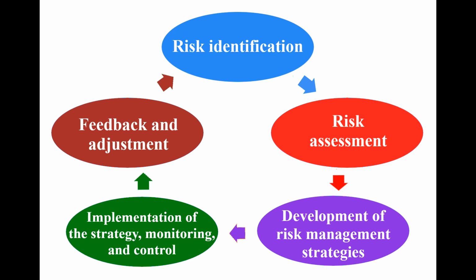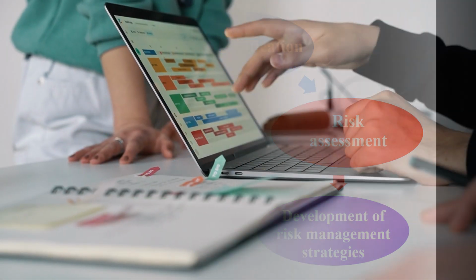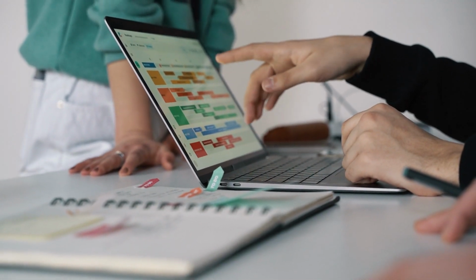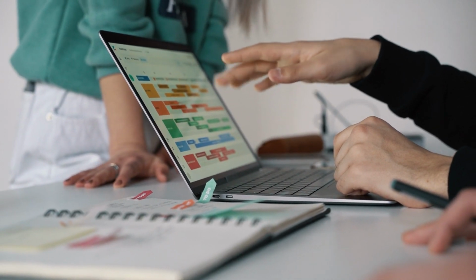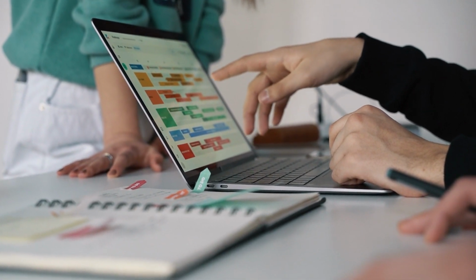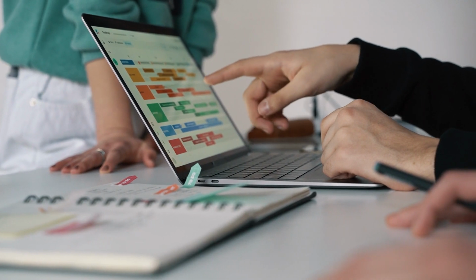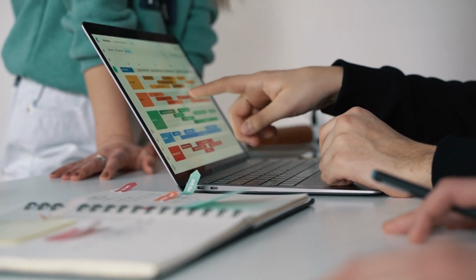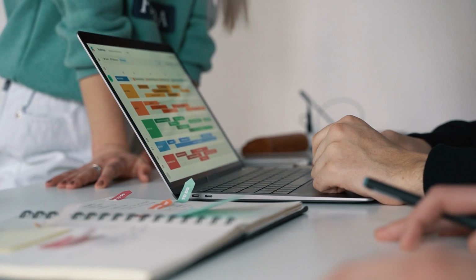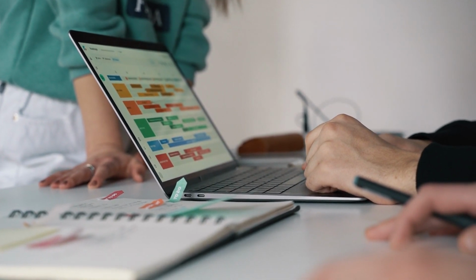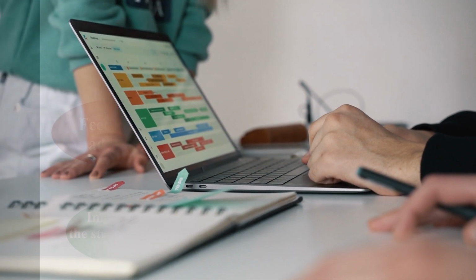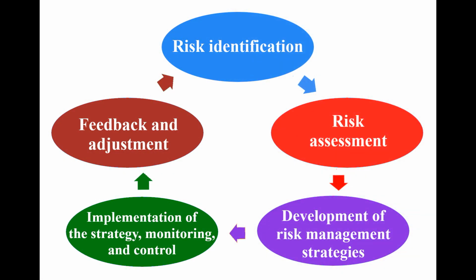The fifth stage is feedback and adjustment. At this stage, the results of risk management are evaluated, lessons learned from past events are identified, and strategies and procedures are adjusted based on the acquired experience and changes in the external and internal environment. These stages form a cyclical process, where monitoring and adjustment ensure the continuous improvement of risk management. If necessary, the cycle repeats, starting from the first stage,